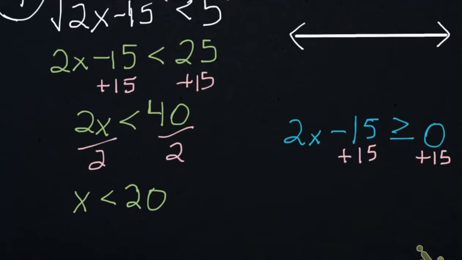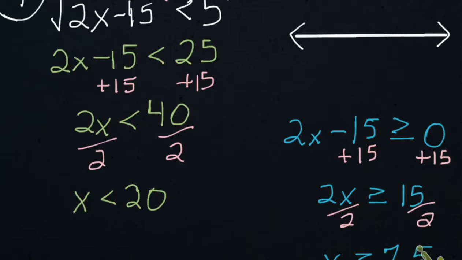Notice it repeats some of the steps that we used to solve once we're isolated. So 2x is greater than or equal to 15. Yes, when we divide, 2 does not go into 15 evenly, and we're going to have a decimal. But that's okay. X is greater than or equal to 7.5 or 15 over 2, whichever one you